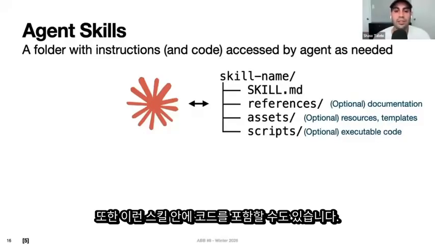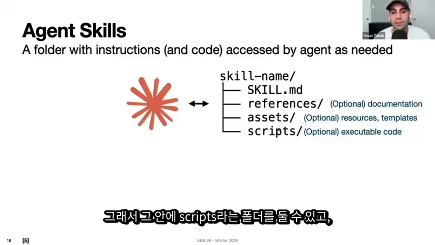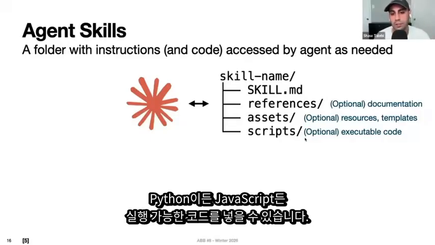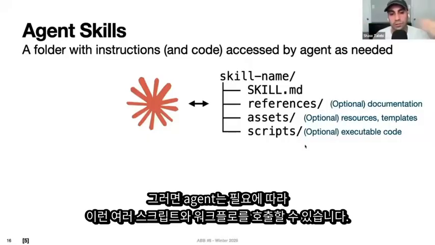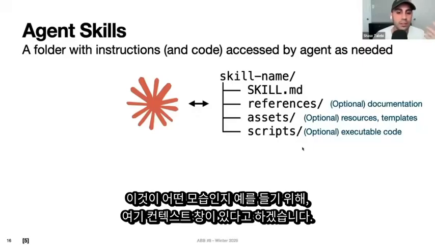But you can also include code in these skills. So you can have a folder called scripts. In there, you can have executable code, whether it's Python or JavaScript, and then the agent can call these different scripts and workflows as needed. So just to give an example